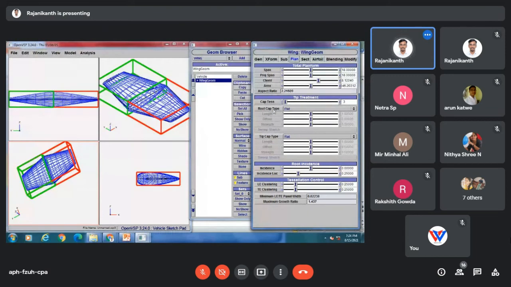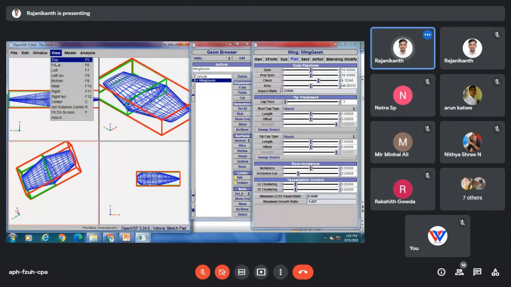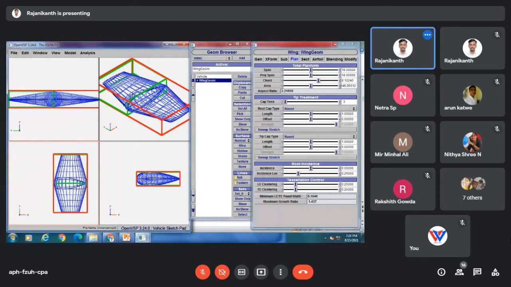To do that, we have to come to the section, where we have the root cap and tip cap. It's flat. You can change the root cap and tip cap type. Instead of flat you can use rounded. Now observe the top view.